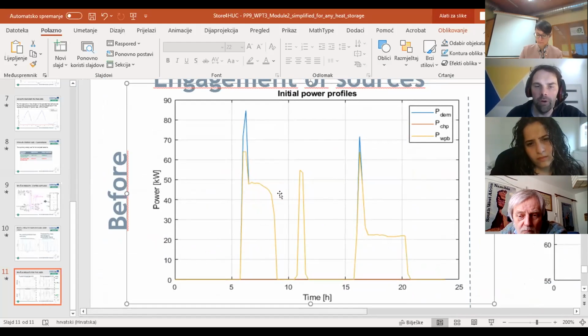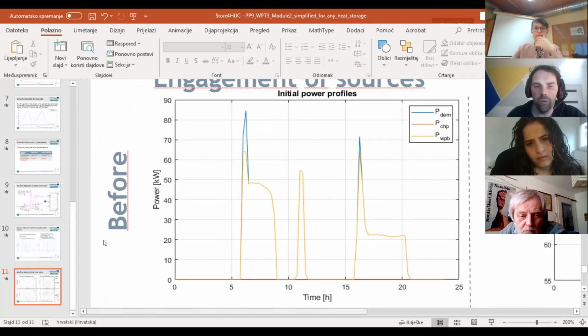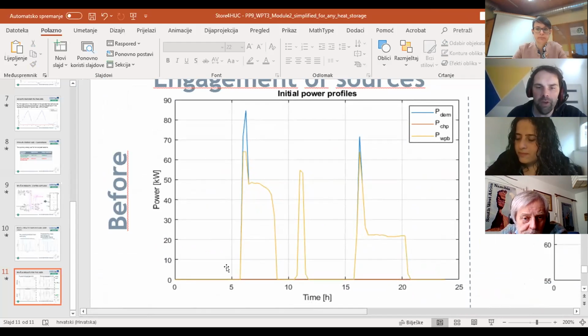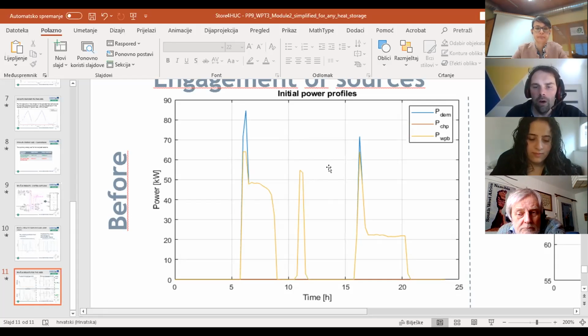Okay, so the initial guess for the operation of the system when only a wood pellets boiler would be used is this yellow line. Power from the CHP is always 0 here, which is bad. And the demand is the blue line. Okay, so demand is from the previous figure,